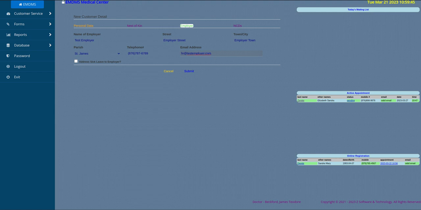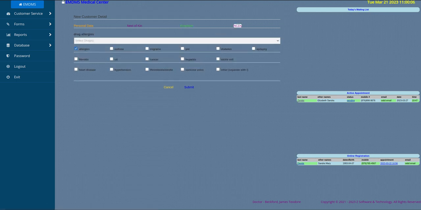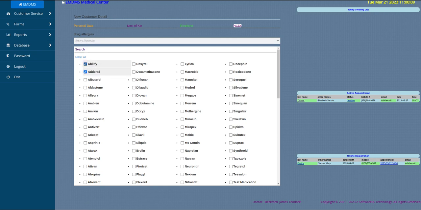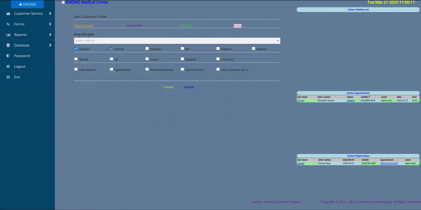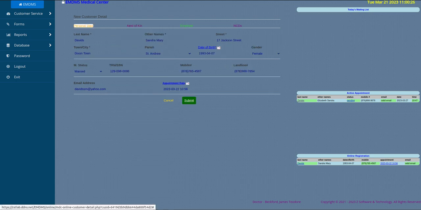And if you remember from one of the previous videos, we had said that if you want your sick leave to be addressed to your employer, this is where you would place that check mark. Once a sick leave is generated, your employer information will be appended to that sick leave. NCDs, allergies, let's start the first two. A bit asthmatic, and a bit hypertensive. Once we double check or eyeball everything and it seems okay, we can go ahead and submit